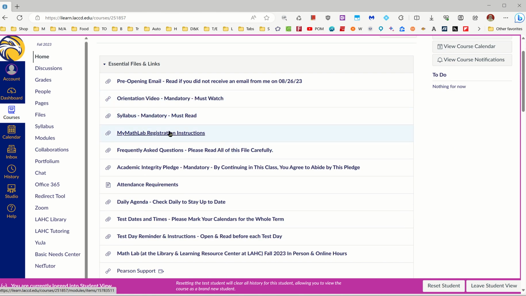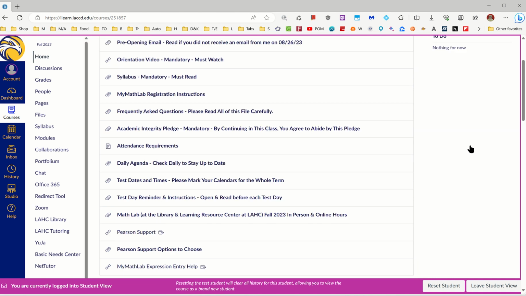You'll see MyMathLab registration instructions. These were also in the email that you received from me a couple of days before class starts. So in case you haven't done so already, you need to be signed up for MyMathLab from the very first day of class, okay? And that's where we'll be doing all our